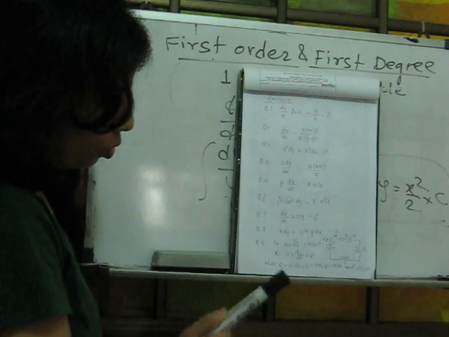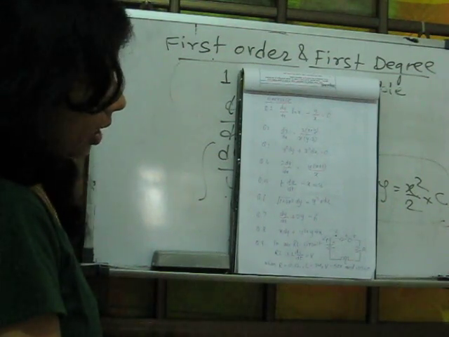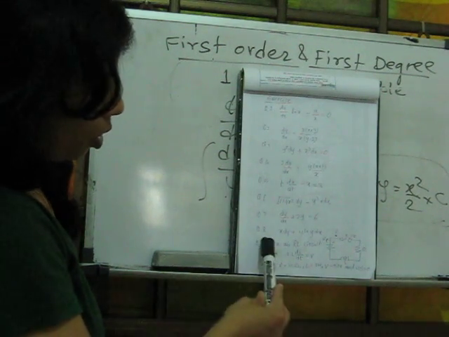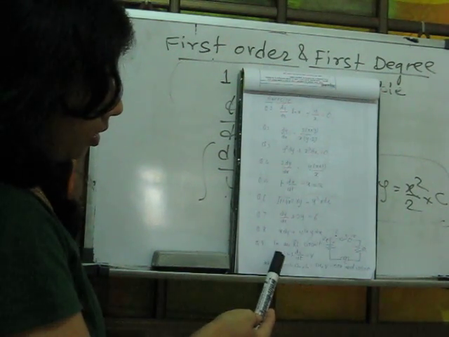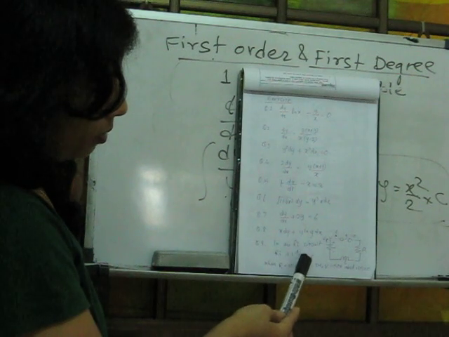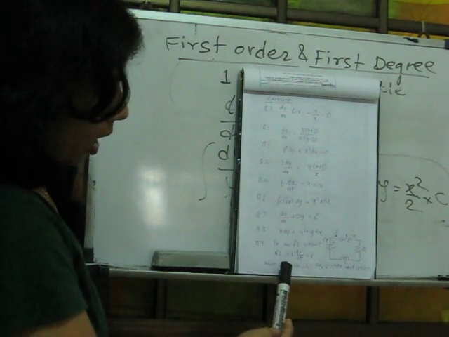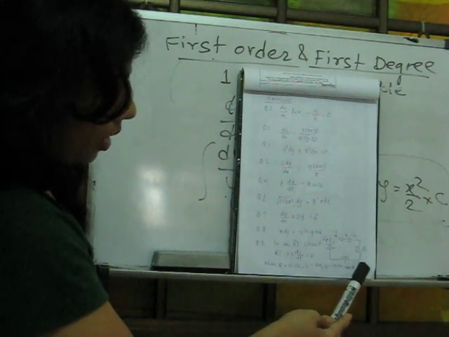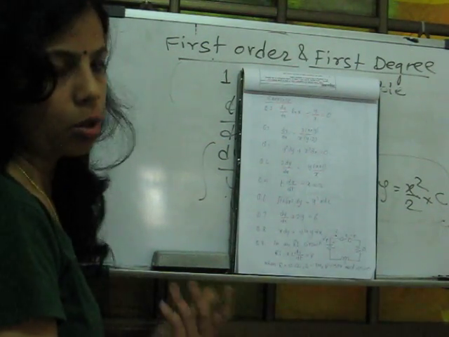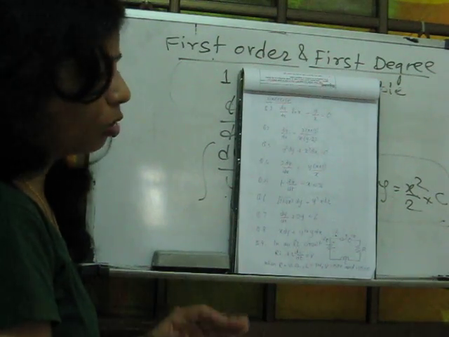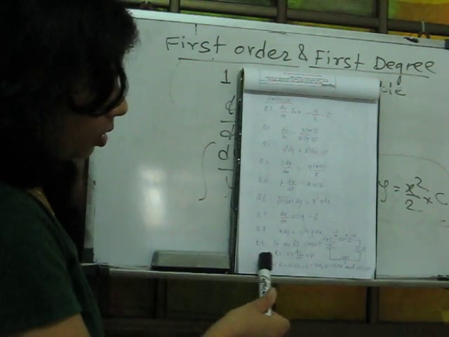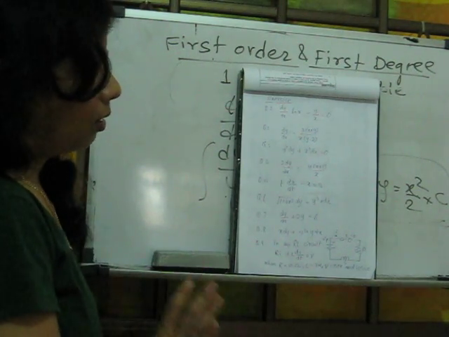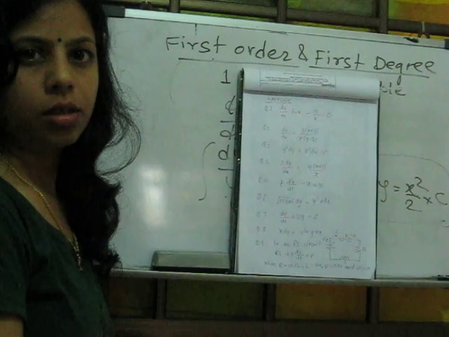Last, I can give you a little practical example of how to solve first order first degree variable separable. This is the current equation in an RL circuit, Ri plus L di by dt equal to V, where R is 10 ohm, L is 3 henry, V is 50 volt, and i at 0 is 0. So you can simplify and solve it like a numerical. That's all regarding the variable separable differential equation.